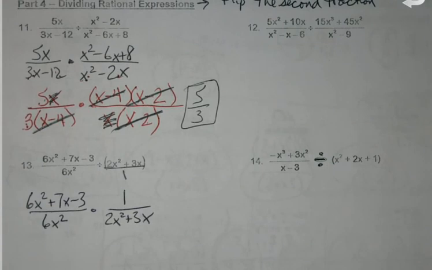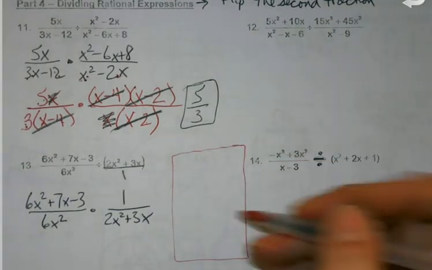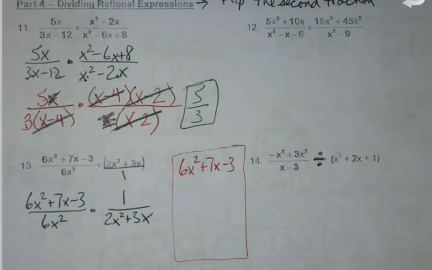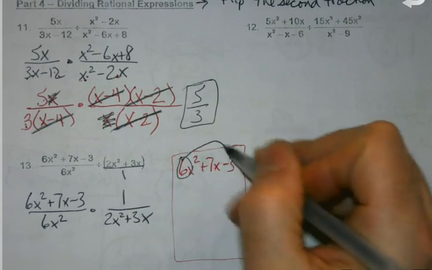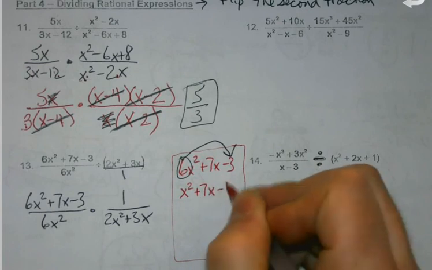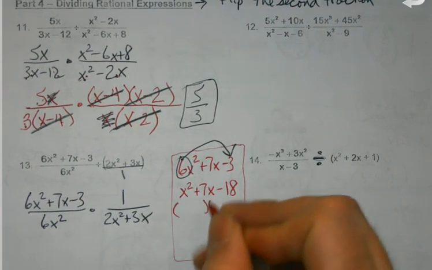Then I go into factoring mode. On 13, that very first one, it's mental math or it's slide and divide. If we're going to do some slide and divide, I'm going to do a little side work here. So if I have 6x squared plus 7x minus 3, just kind of as a review, slide that 6 on down to the end. When we slide it down there, we end up multiplying it. So now I need to figure out